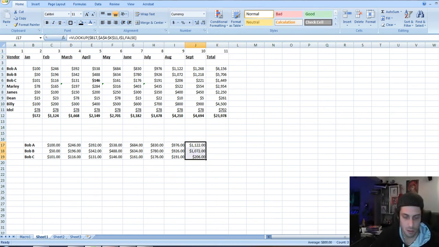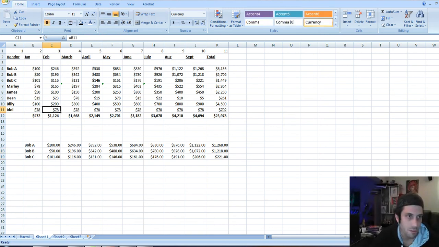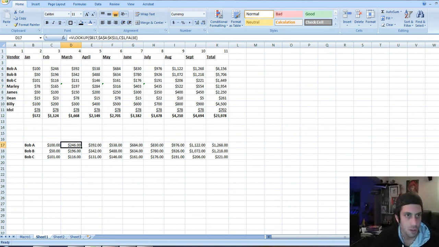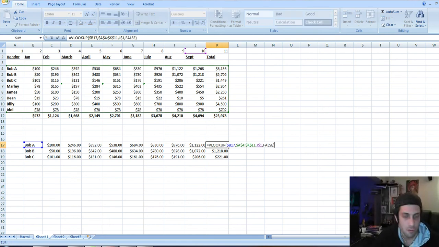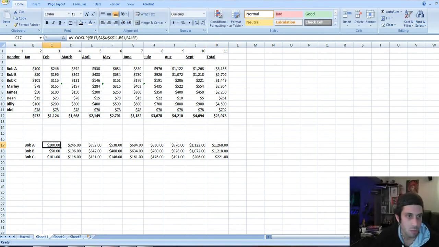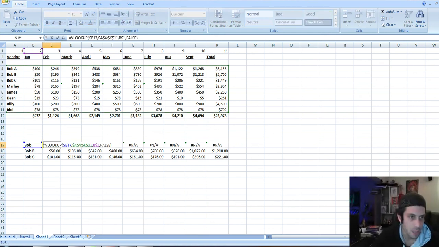And it's a really quick way of getting a lot of numbers from one place to another using the Excel VLookUp function. But as you can see, it's also knowing how the formula is going to react when you move it across. Depending on what you want to do, it's always different. I have plenty of examples where this formula is incredibly useful, but it'll bring back a 0 because the value doesn't exist. When we return, remember we had Bob A, and just Bob, it goes NA. Now you can fix that quickly. You go IF ISNA